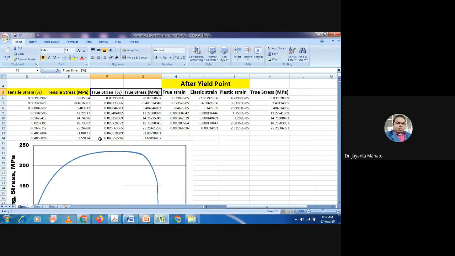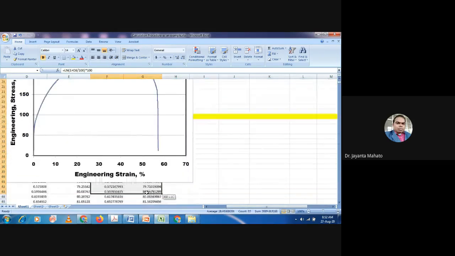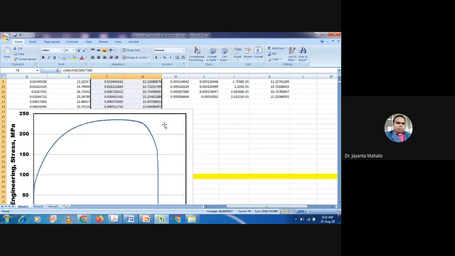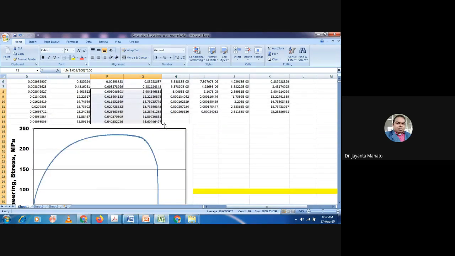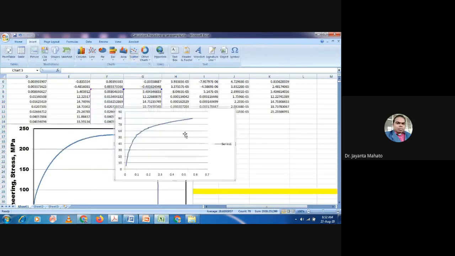Now you have to calculate the E modulus. E modulus is nothing but the slope of this initial linear portion. So first you have to plot this linear portion.